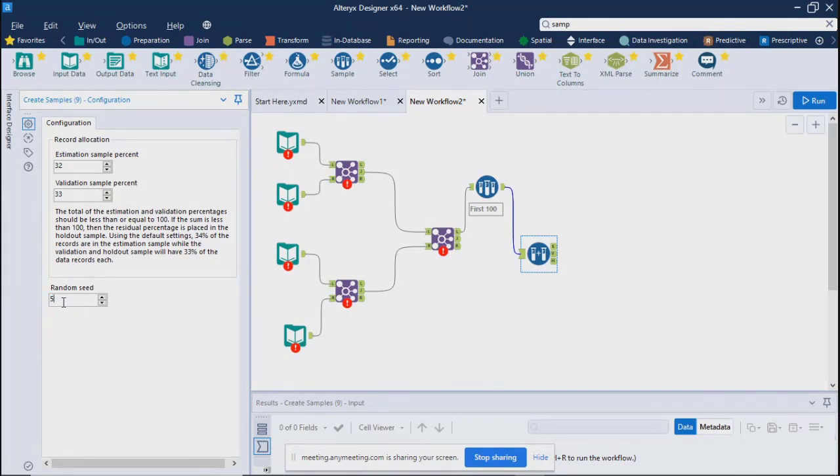So basis this, it will increase your number of records from your estimation to validation. It says the total number of estimation and validation percentages should be less than or equal to 100, right? Because you cannot take a sample more than 100%. If the sum is less than 100, then the residual percentage is placed in the hold out sample. Using the default setting, 34% of the records are in the estimation sample, while the validation and hold out samples will have 33% of the data